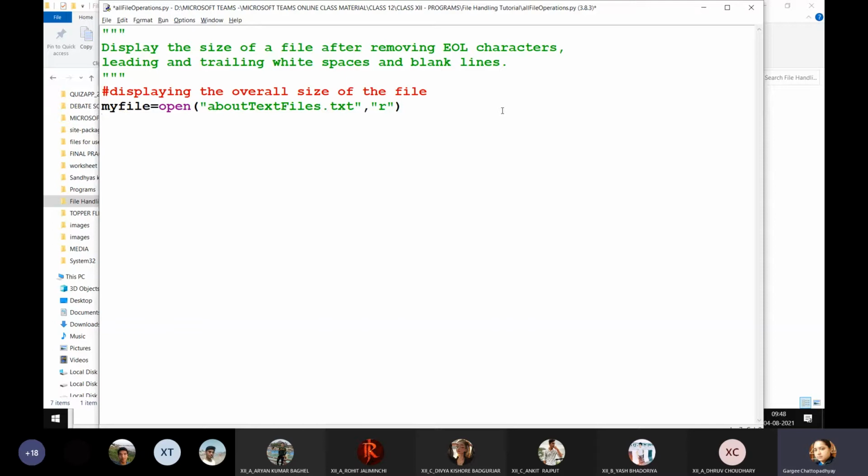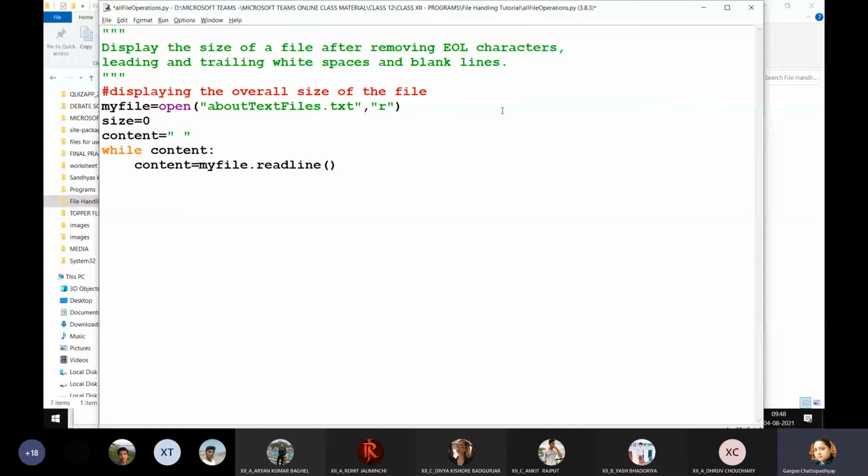Now there are a number of ways. I can either read everything or I can read line by line. So I'll be starting with reading line by line. For that purpose, I'm again assigning a variable. I'm creating a string object content. While content is still containing not null values, read data from the file line by line. So my file dot readline will be called, and I'm not passing any argument because I want to read that complete line.